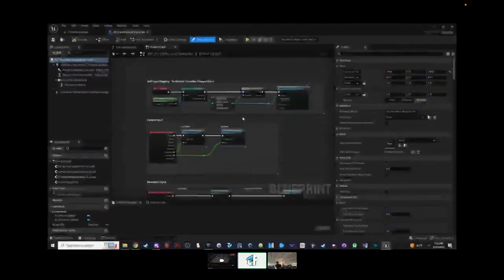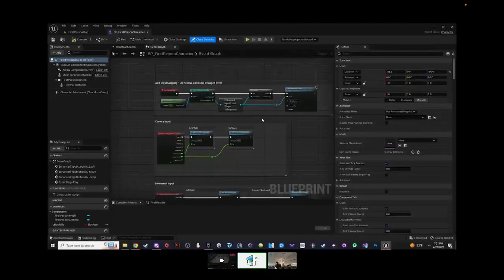So just a brief overview of what Blueprint is. Blueprint is a visual node system for programming, for very fast prototyping and also for visualization as well. The base code it's structured off of is C++.